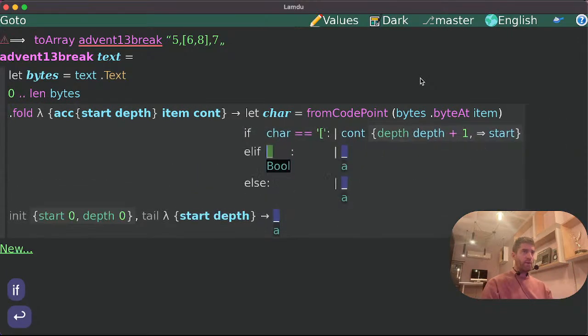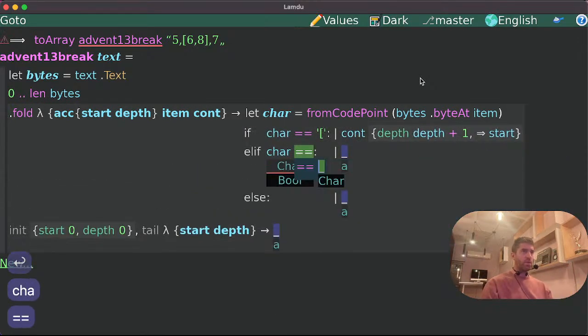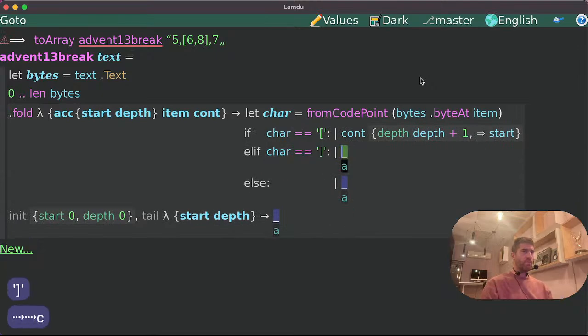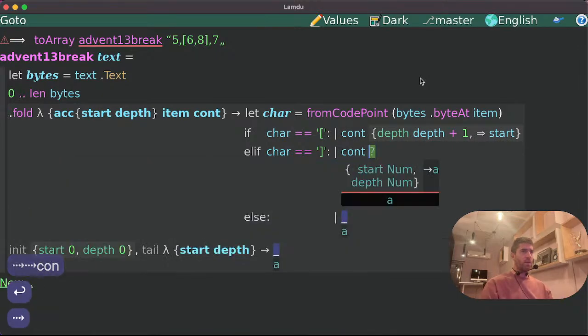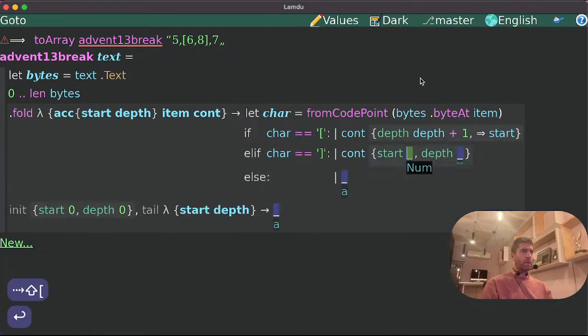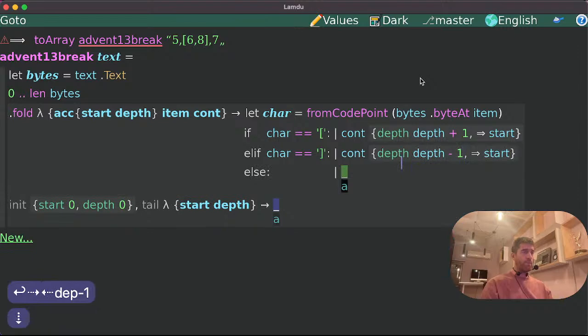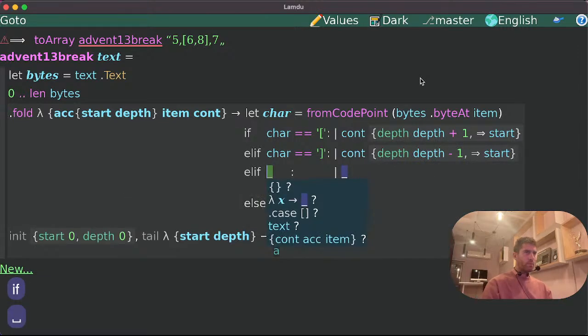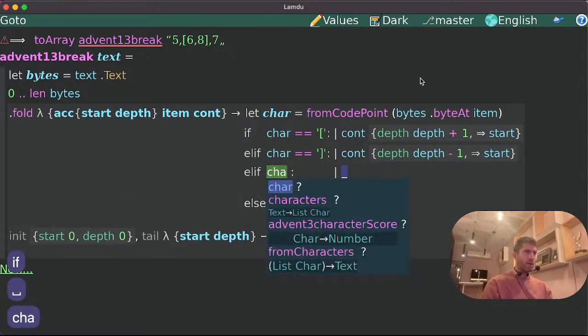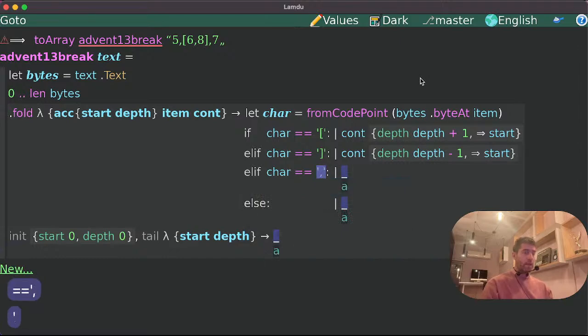And if the character equals the closing parens, I will continue with the same start and depth minus 1. Then, if character equals a comma and the depth equals 0,